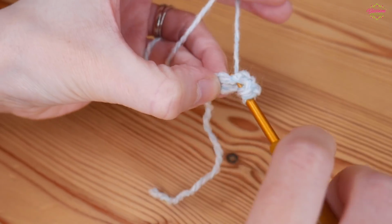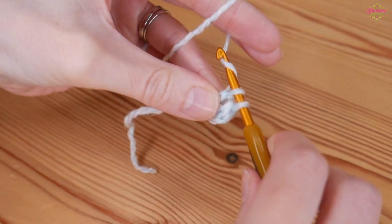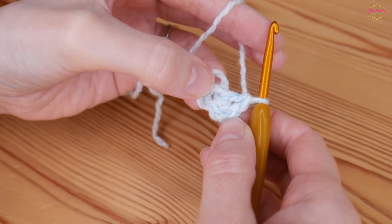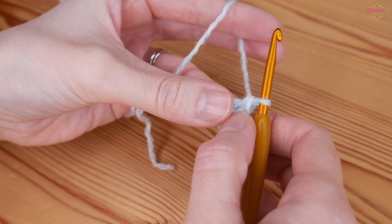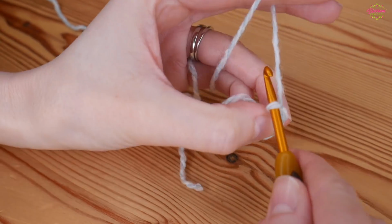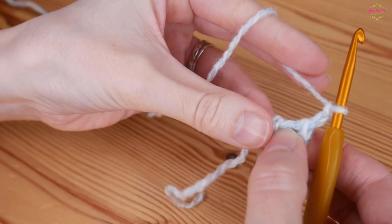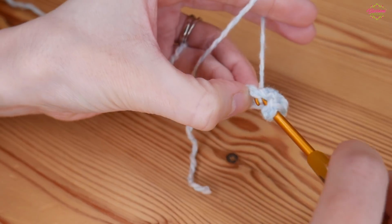Another, straight back into that centre ring. And that is what we would call a granny cluster. So a granny cluster is always just going to be 3 trebles next to each other. So we want to create a corner space now, so we're going to chain 2 for a corner, and then back into that centre ring again, we're going to do another granny cluster. So 3 trebles,